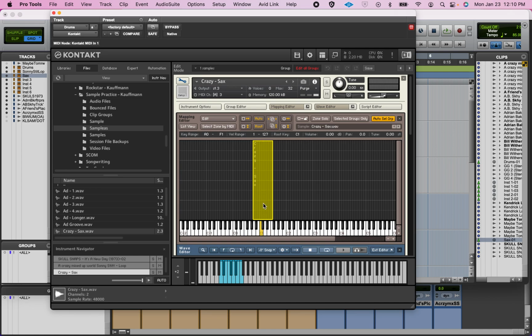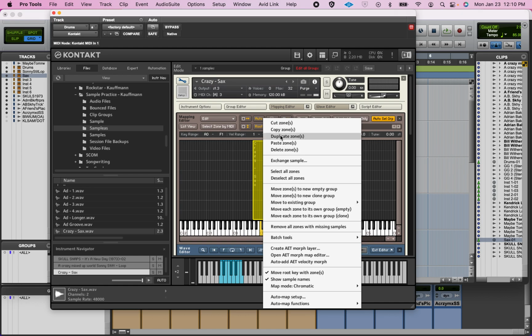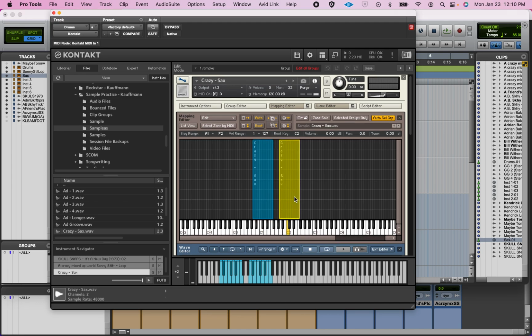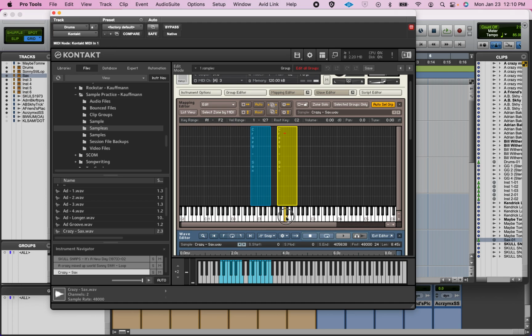I'm going to Control-click where I can copy or duplicate. I found, for me, if I just duplicate it, it's sitting on top. And if I grab it, there I have my duplicate. So I have on C1 and C2 the same exact sample. Now if I go to the wave editor, I click on this first one, and I go to the wave editor,